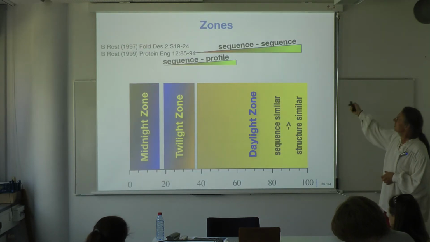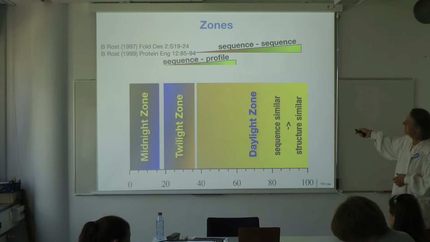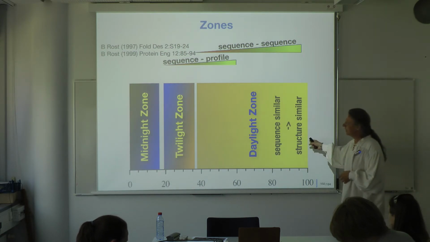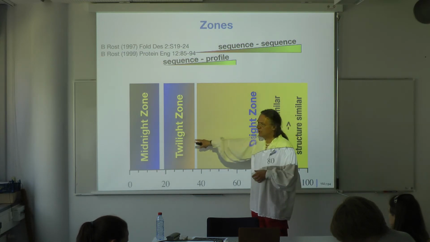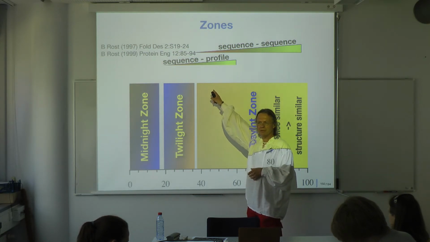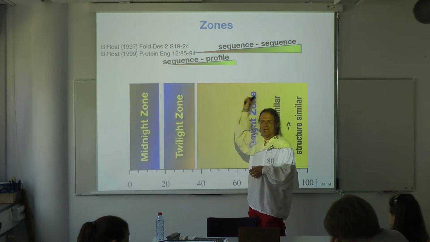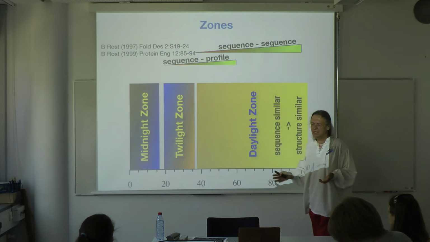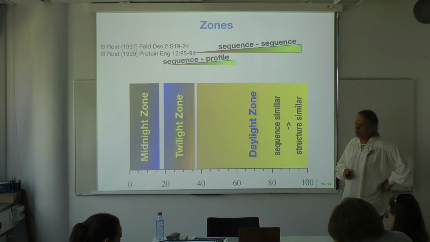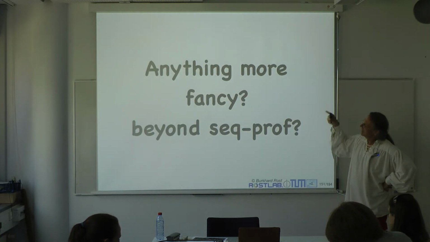That gets us into the daylight zone, when we look at how we can infer similarity. When two protein sequences are very similar, it's trivial. When we get into the twilight zone, we use profiles. So here, in the daylight zone, pairwise alignments are good enough. Here we need sequence-profile alignments. And if we want to go further,